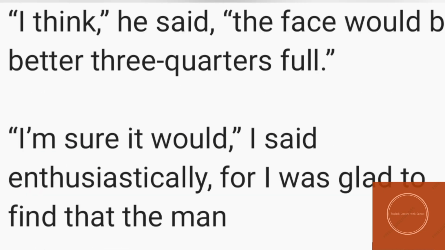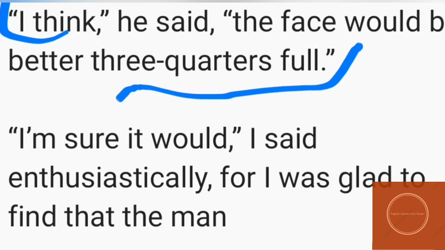Over here, he is the photographer. Sad means he's a bit sad. So his graveness, his sadness, is about the face of the person he's going to photograph not being good looking. Now, what all problems is the photographer going to state about the person? You need to know all these things, because these can be asked in the paper. So the first is that the photographer is saying these lines, that the face would be better